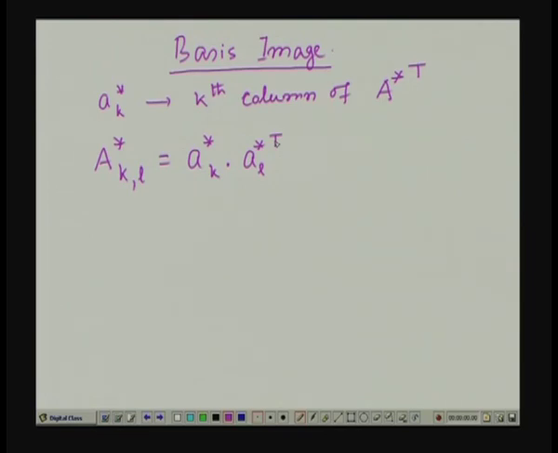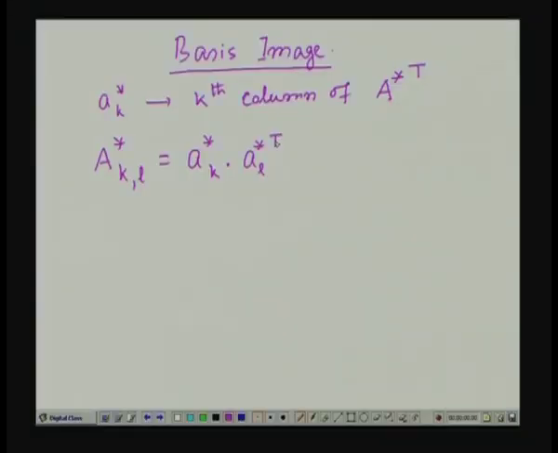A L star is also the lth column of the matrix A conjugate transpose. So, if I take the product of A k star and A L star transpose, then I get a matrix A k L star. Okay. And let us also define the inner product